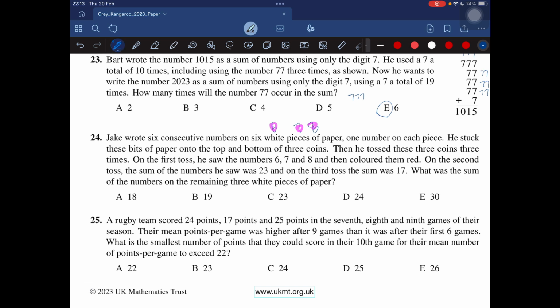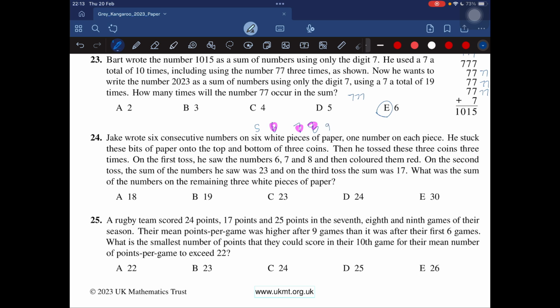And the second toss, the sum of the numbers you saw was 23. On the third toss, the sum was 17. So because now we have consecutive numbers, let's say 5,